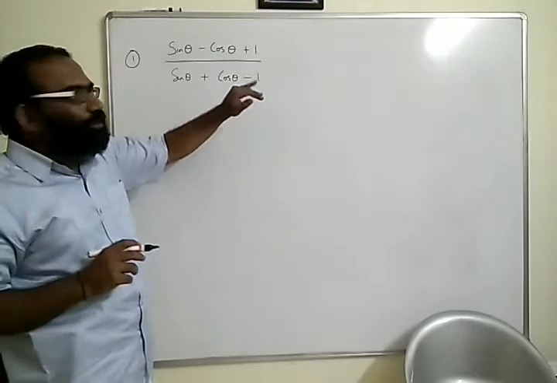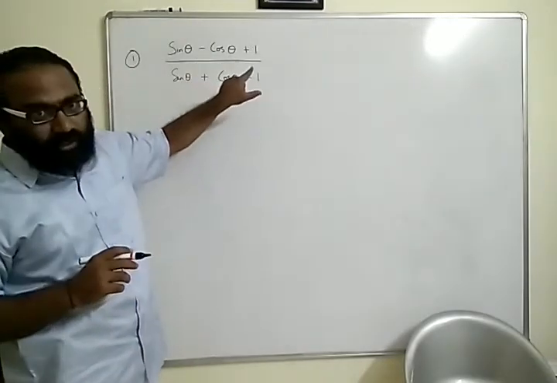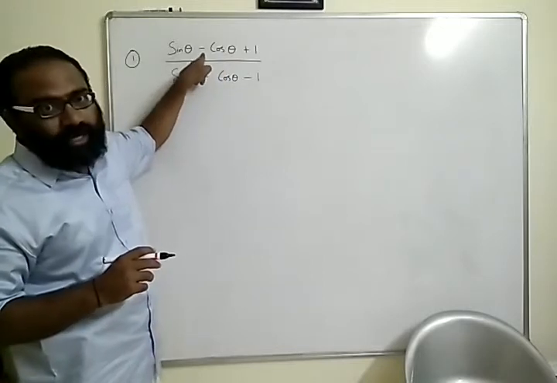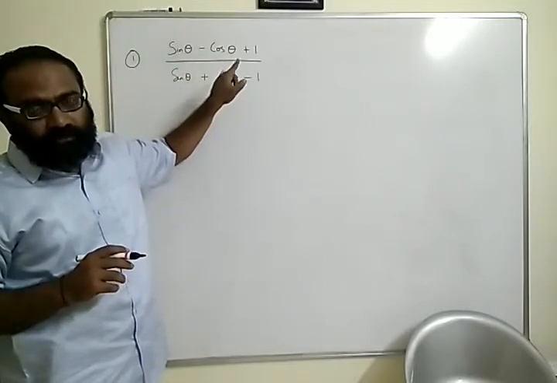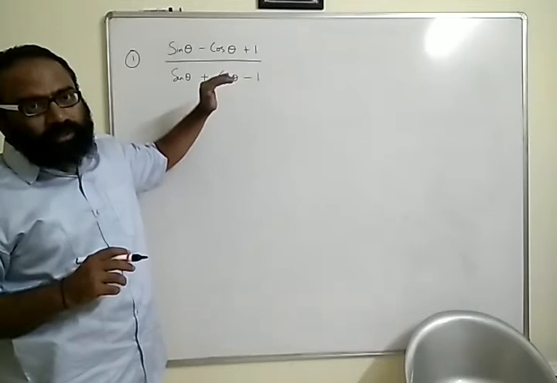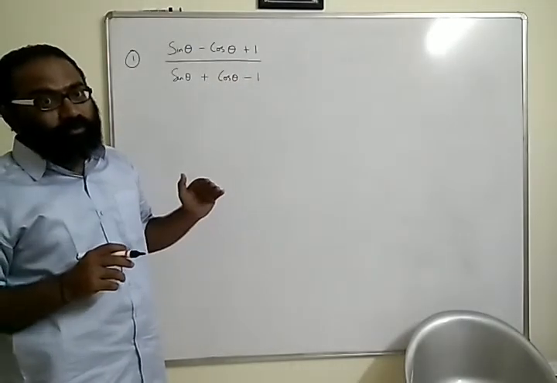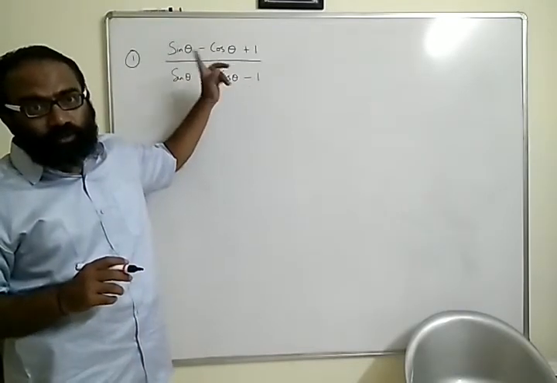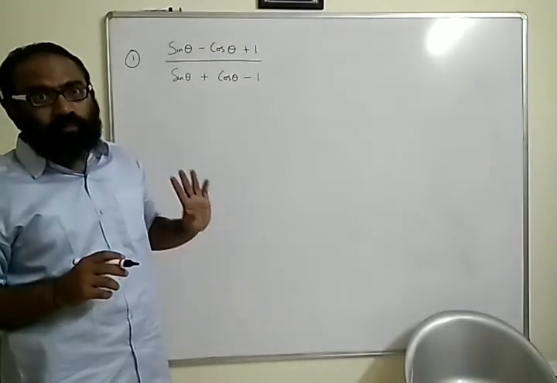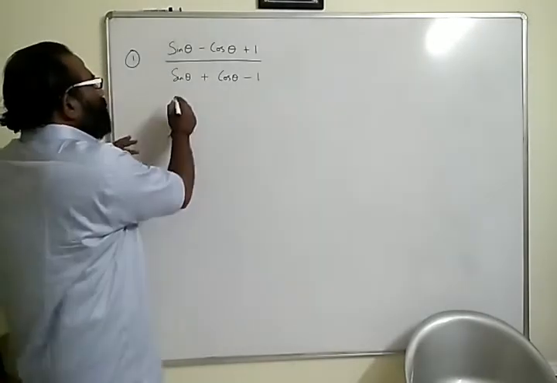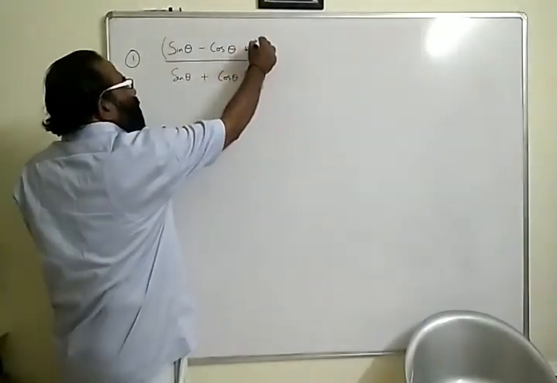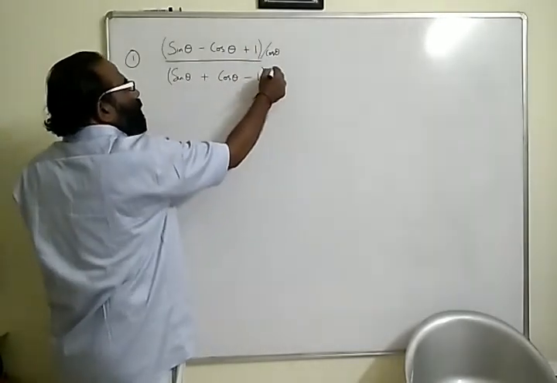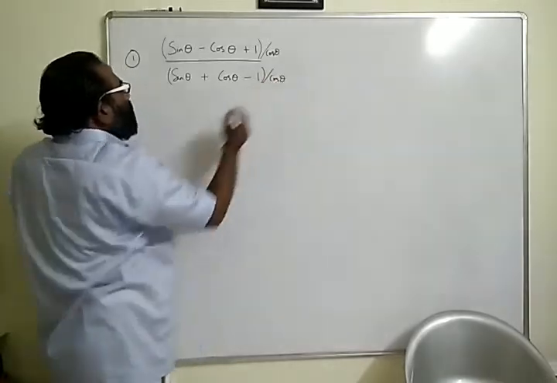In this problem, the first thing to look at is the numerator, and we see that there is a negative sign, and that negative sign goes with the cos theta. So the rule you should keep in mind is that if the minus has a cos theta, let us divide the numerator and the denominator by cos theta. So what do we get over here? If I divide the numerator by cos theta and also the denominator by cos theta,